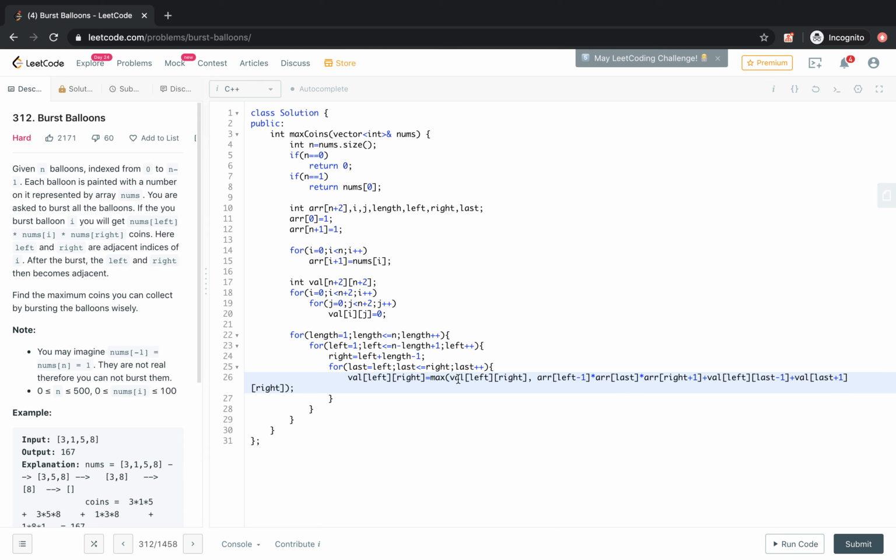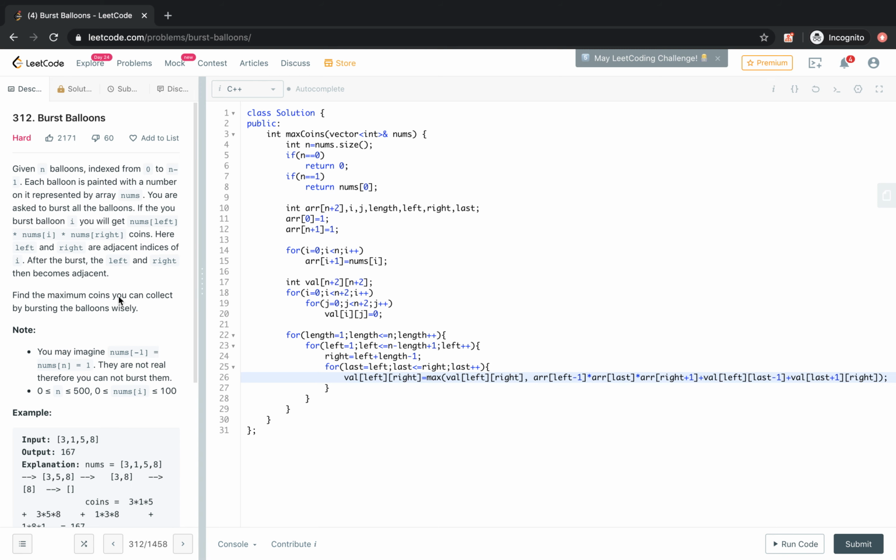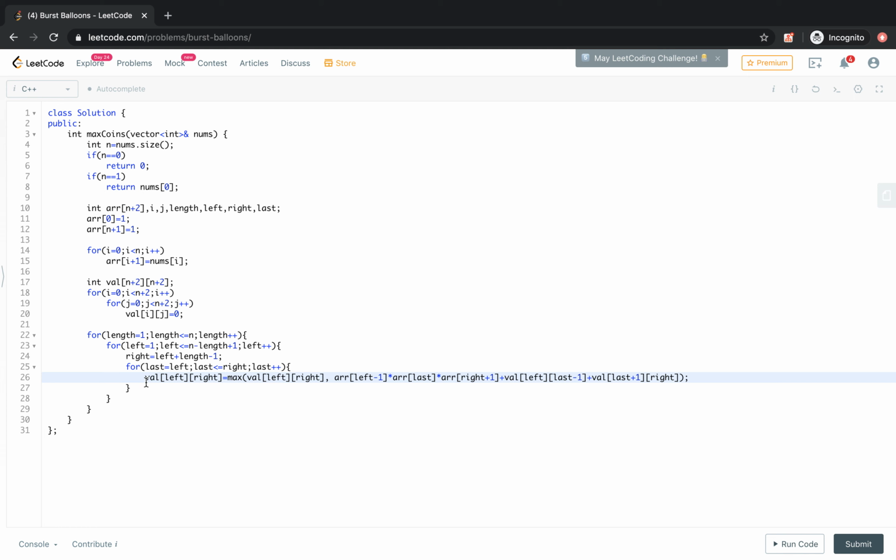So the value of left right equals the max of the cost of bursting the last balloon plus the cost of the other sub problems, from left to last minus 1 and from last plus 1 to right. And after that we return the value which has been stored in the first row and last column.